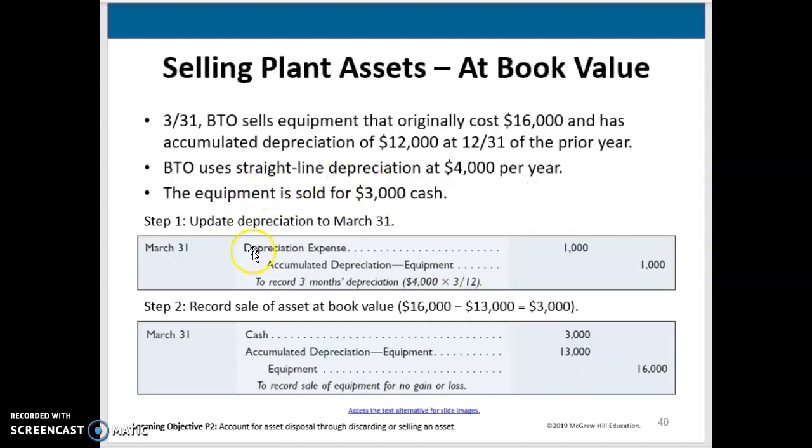So we're going to be receiving cash, debiting cash, and removing the asset and accumulated depreciation. So we're debiting cash for the $3,000 cash we're receiving. We're debiting accumulated depreciation for the $13,000 total that we calculated. And we're removing the equipment for the cost that we had, $16,000. So we want to make sure our debits and our